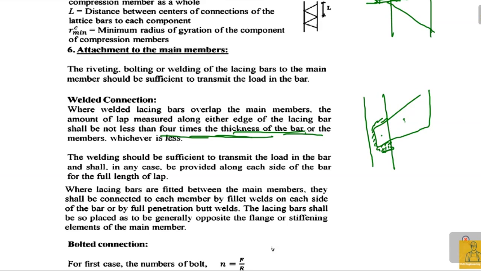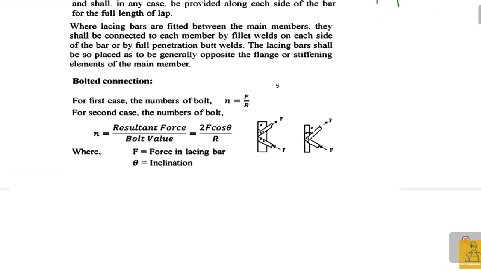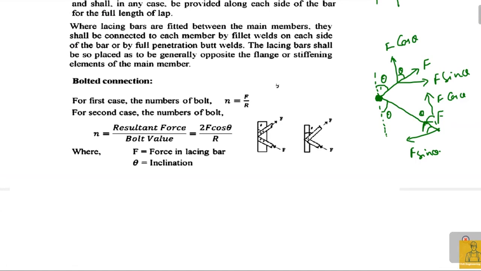Okay, and of course, what happens in case of bolt? We already calculated the forces, right? In order to understand this bolted connection, you have to go through this following rough line diagram. So this is the bolt, and these are the lacing bars. In these lacing bars, there is compression and tension. One bar contains compression, one has tension. So these arrows indicate that this is compression, and this is tension.